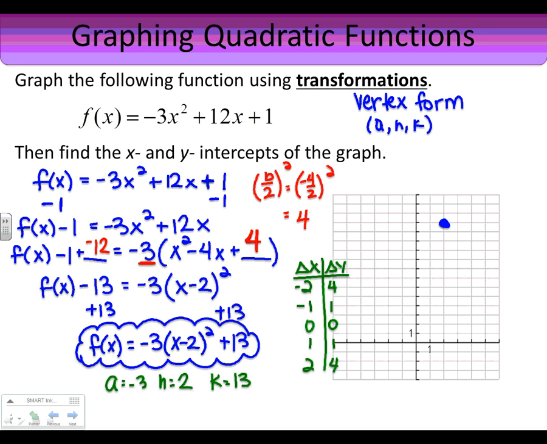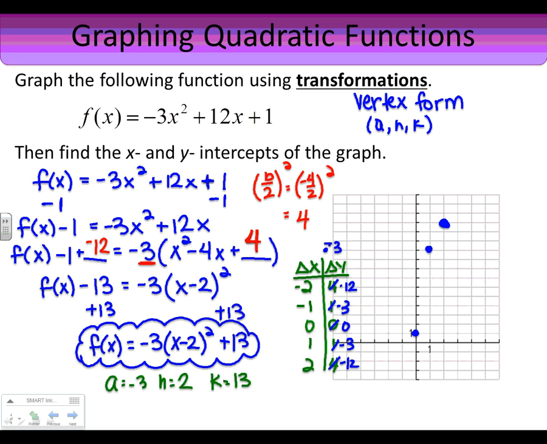So now my a value is negative 3. So I'm going to multiply all my y values by negative 3. So this is my new rate of change. So from the vertex, I'm going to change negative 2 on the x's and negative 12 on the y's. From my vertex, now I'm going to change negative 1 on the x's, negative 3 on the y's, 0, 0,